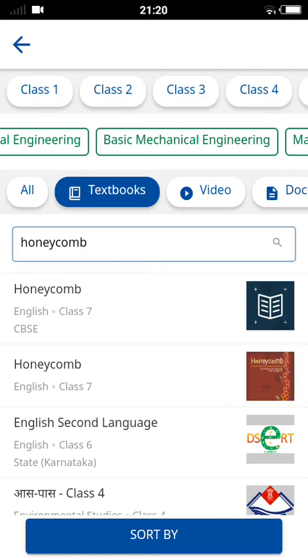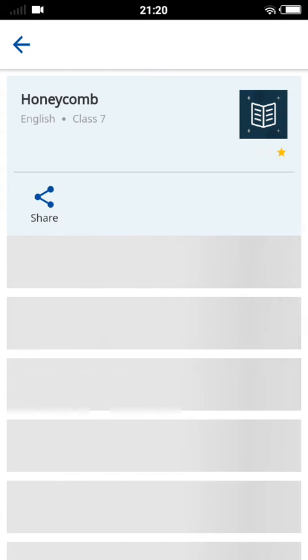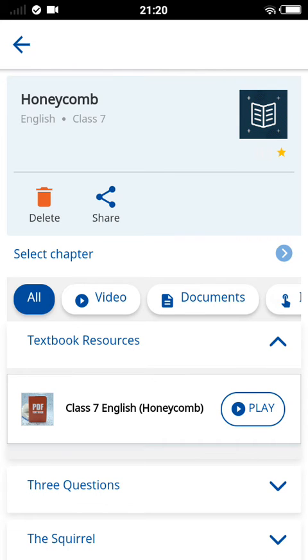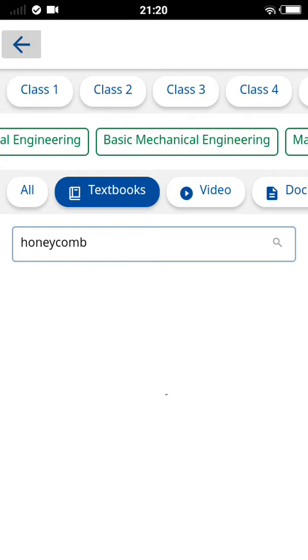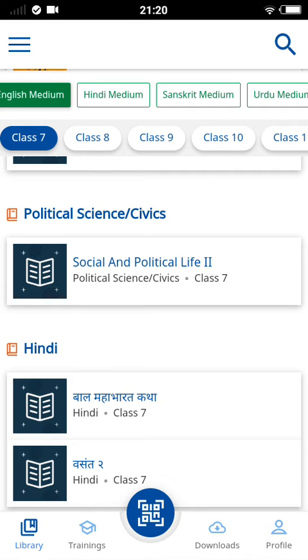See, this is the textbook. You can read the textbook and then do the quiz. So friends, this was the library section. So now we will go on to the training section.